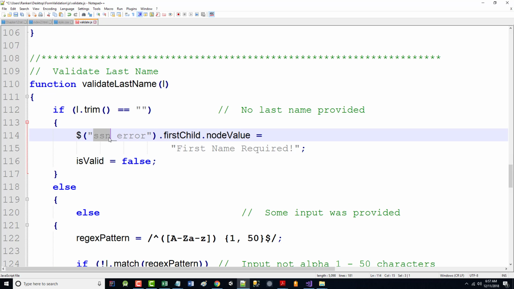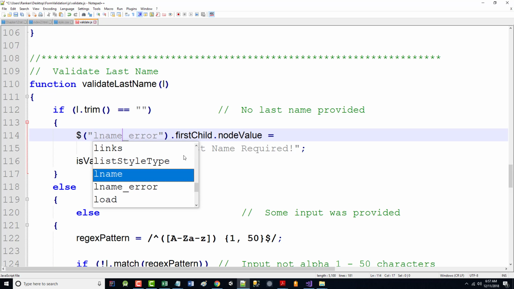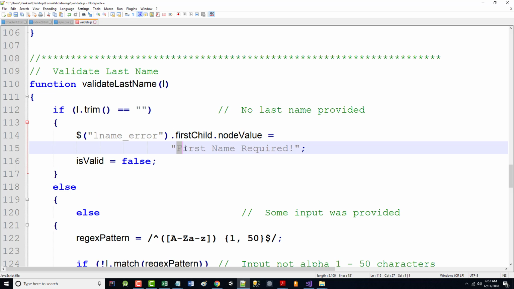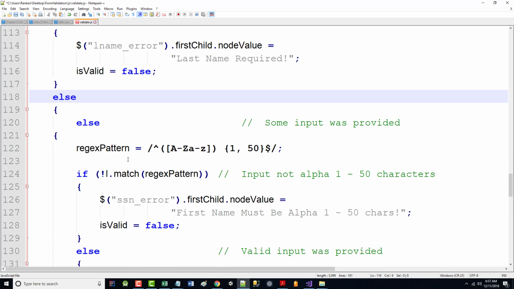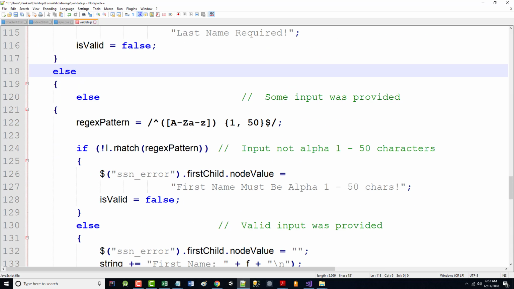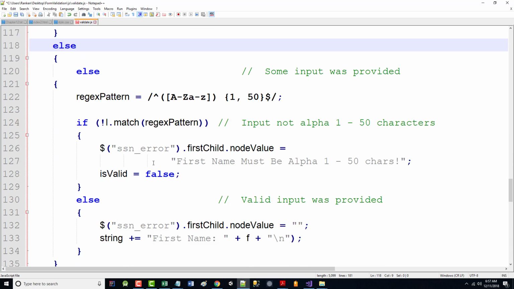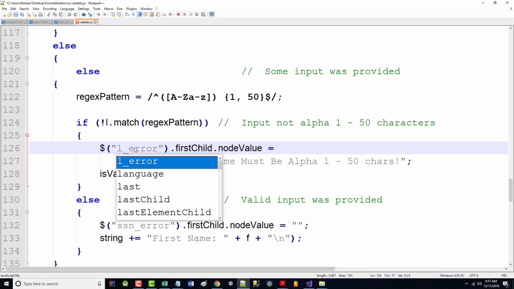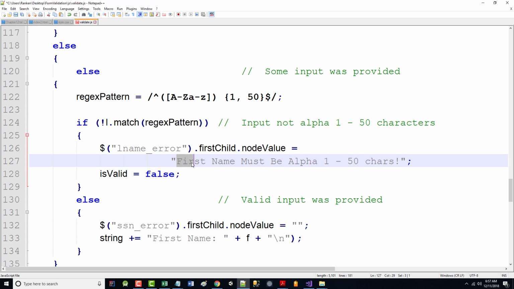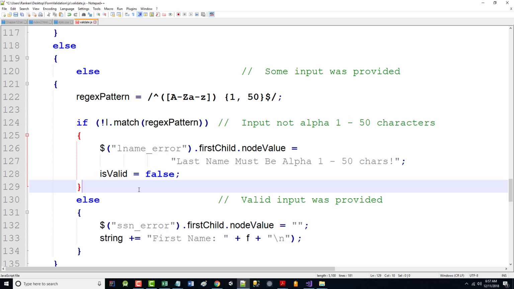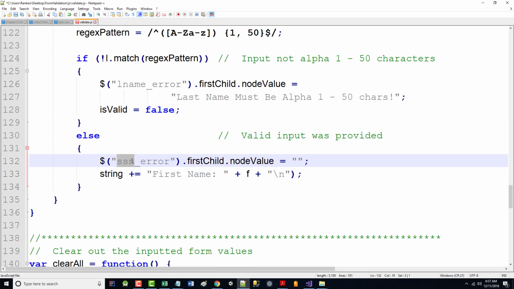And these should say LNAME, last, LNAME, last, and L name,